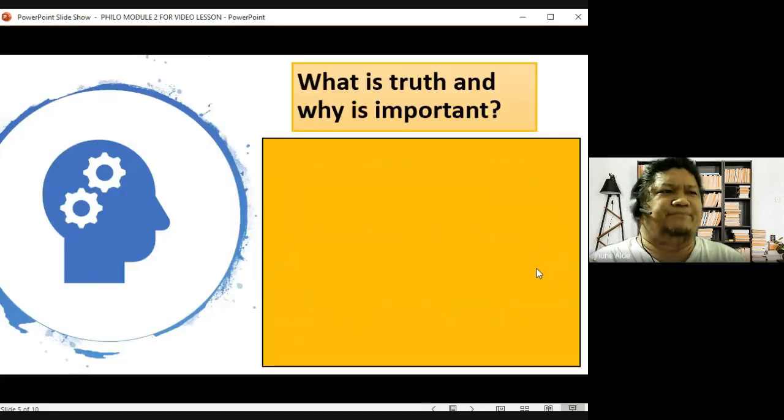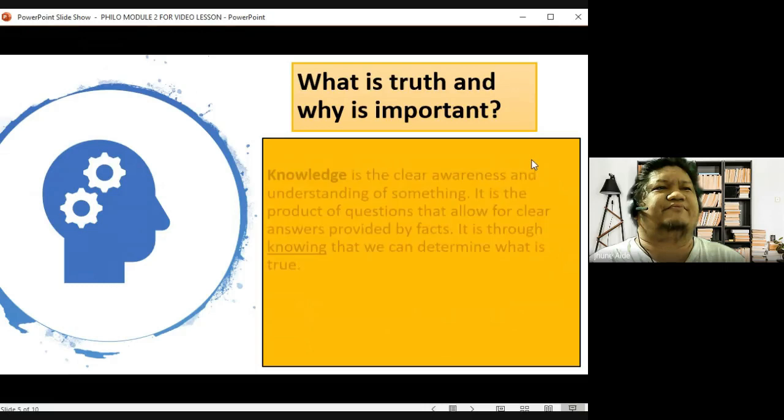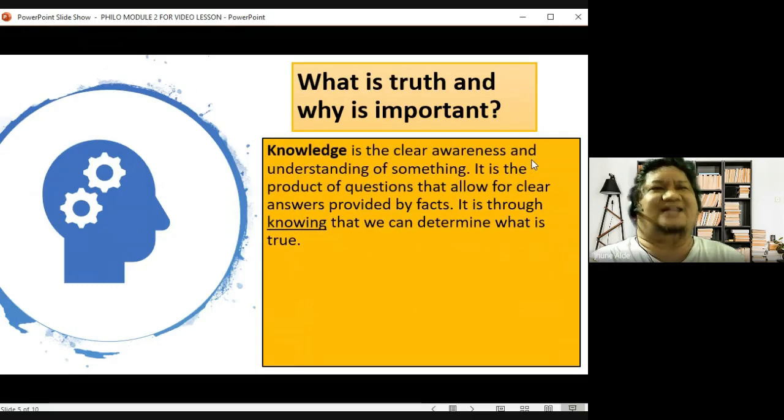Okay, now what is truth and why is it important? Knowledge is the clear awareness and understanding of something. It is the product of questions that allow for clear answers provided by facts. It is through knowing that we can determine what is true. Okay, so if you don't know anything, you will not learn the truth, diba? So,